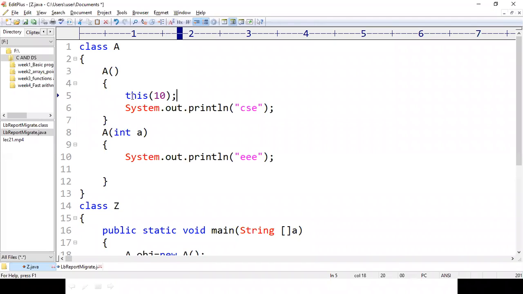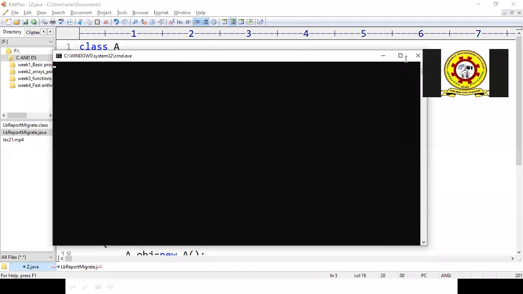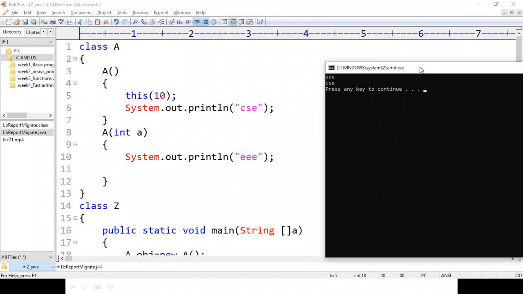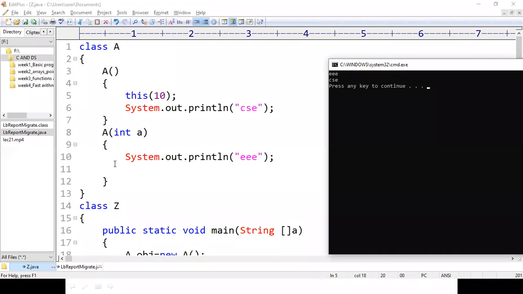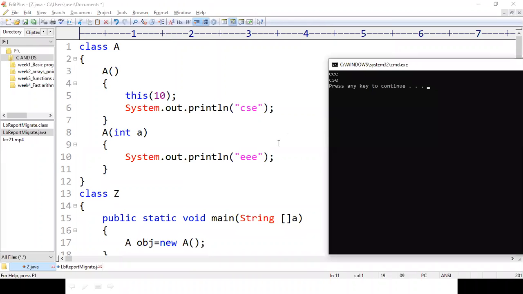So let us save the code, compile the code, and now run the code. You can observe that it has printed both triply and CSC on the output screen.